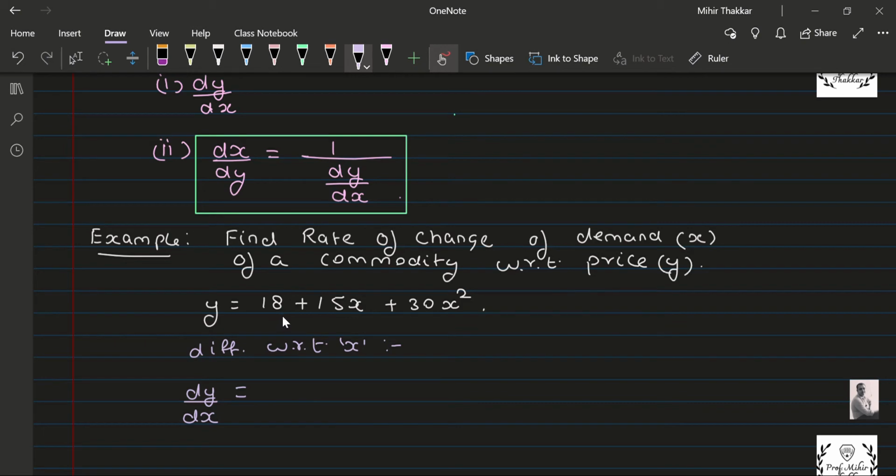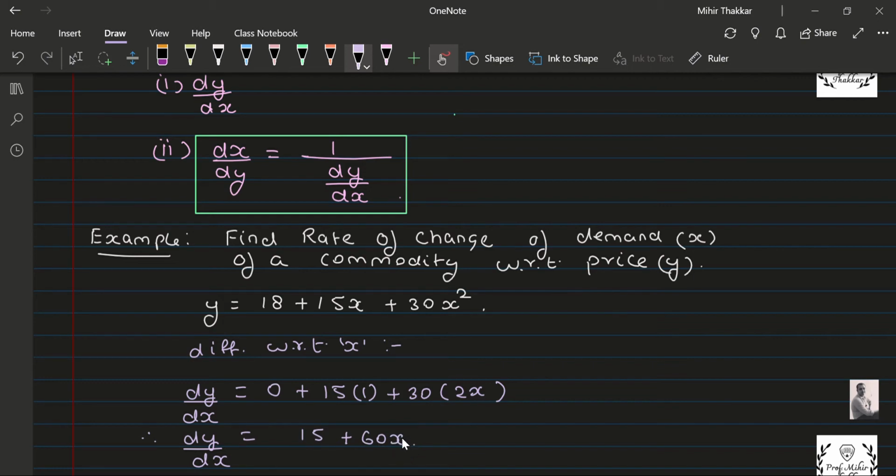Derivative of 18 is a constant number, so the derivative is 0. 15x, so 15 into derivative of x, that is 1, because 15 is the coefficient. Again 30 over there is the coefficient, so leave that. Derivative of x square is 2x, so the answer is 30 into 2x. So yes, I get the value of dy by dx is equal to 15 plus 30 into 2,